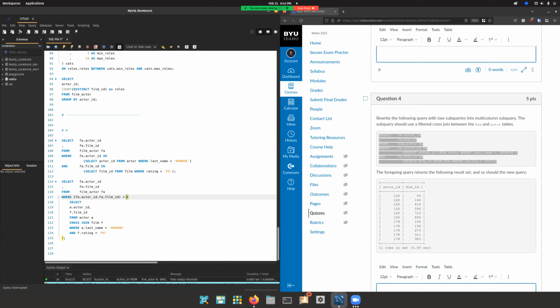Honestly, I just found it in the book and I was like, good enough, we're gonna learn about cross joins. Anyway, so yeah, we were close. Basically,